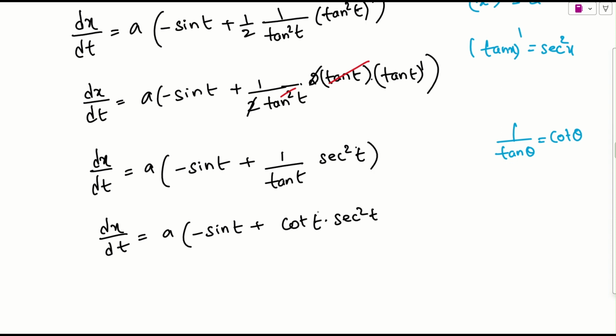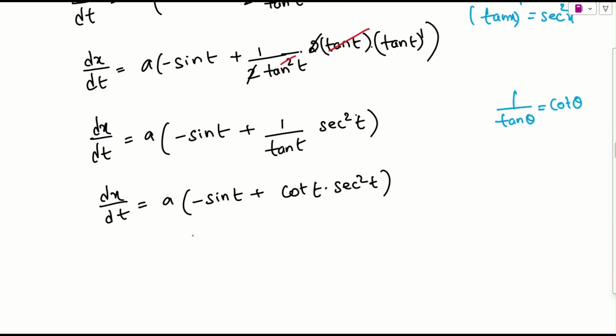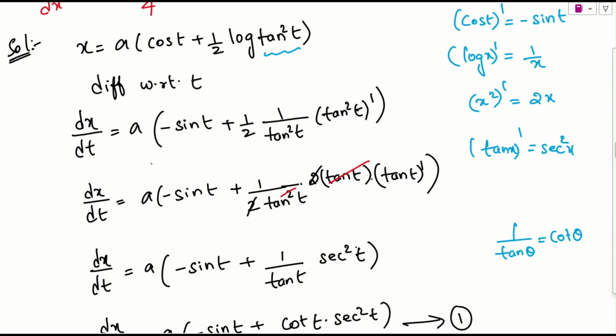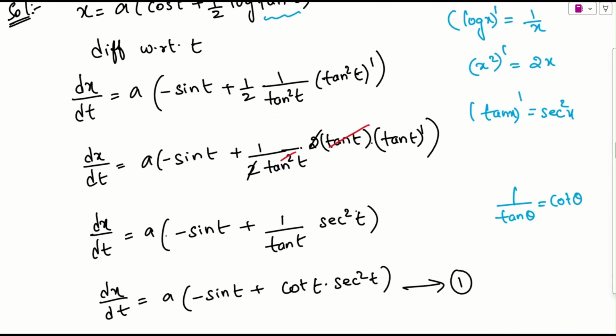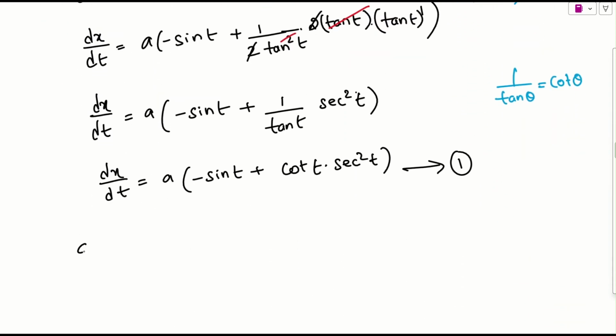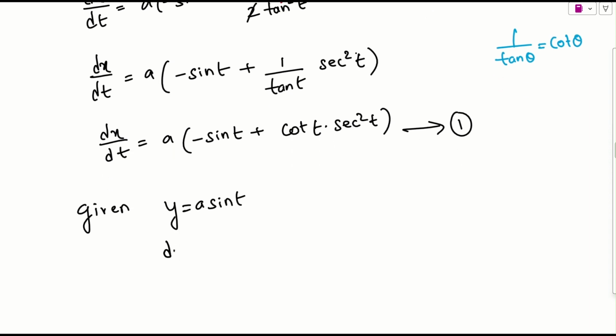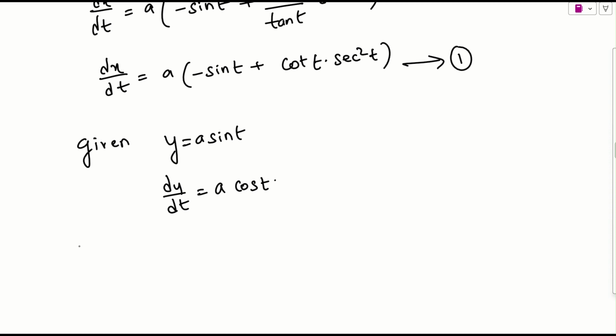So later on what we can say? Let us check this for further. Okay, keep it as it is. Now take it as equation number 1. What is y? Y we are having is what? Y is equals to a sine t. So now what it is given? It is given that y is equals to a sine t. So if you check for dy by dt, what is the a into sine t derivative will be what? That is cos t alone. Is it okay?